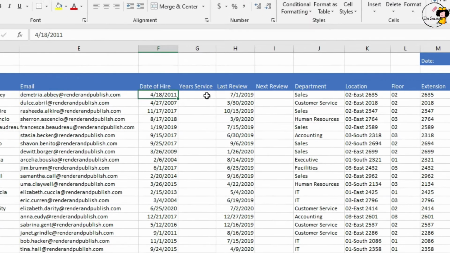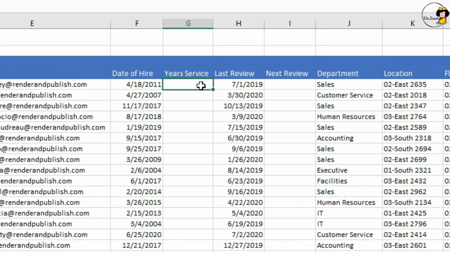So click in cell G4 and then type in equals TODAY, open brackets. It will automatically open the brackets once you tab, and then close the bracket, minus F4, the start date or the date of hire, and then press enter,